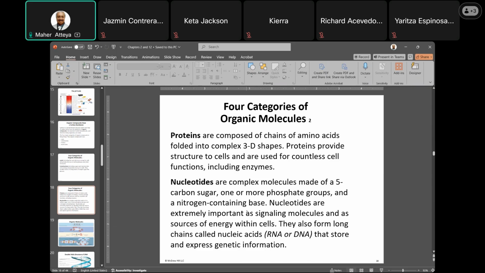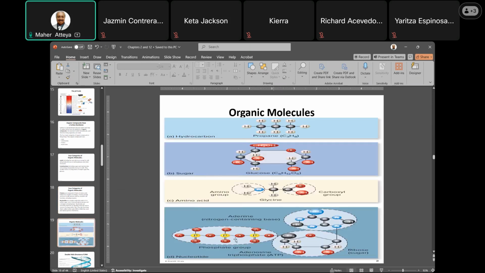Important organic compounds are really signaling molecules from the brain to the cell and the cell to the brain. So that's just some of the organic molecules, as you can see. This is a combination of hydrogen and carbon, and this has 3 carbons. That's propane, and this is a sugar, glucose,